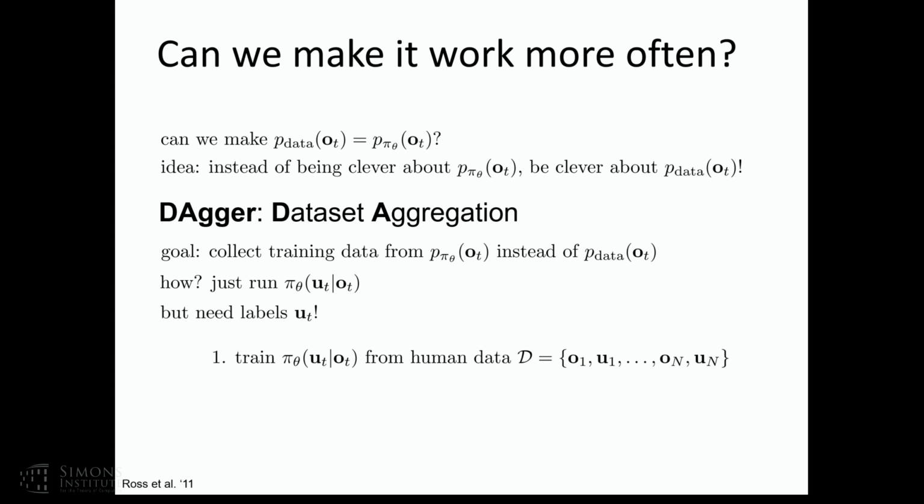And in the paper by Stefan Ross, you can find the full version. I'm going to present just a simplified version of it. So first, you're going to ask your human to drive the car, and you're going to get a bunch of observations and actions, and you'll do the standard imitation learning thing. So just train that pi theta in the usual way. And then you're going to run pi theta and collect a data set of observations that your vehicle will see under autonomous control, or your system in general.